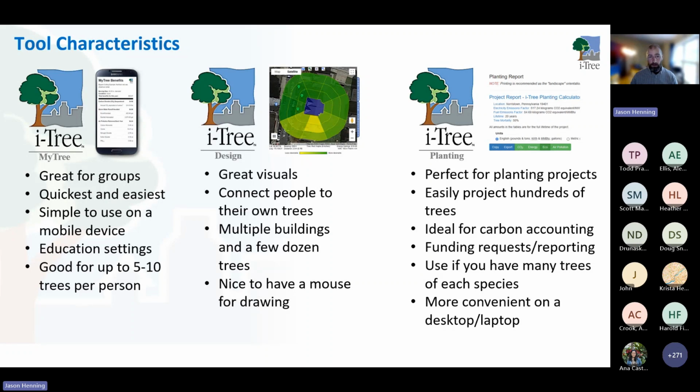And if you do this, go through the homework, give this a try, and hopefully this will help inform which tool you may want to use for your own iTree projects going forward. And with that,